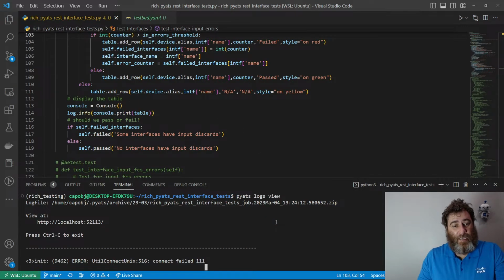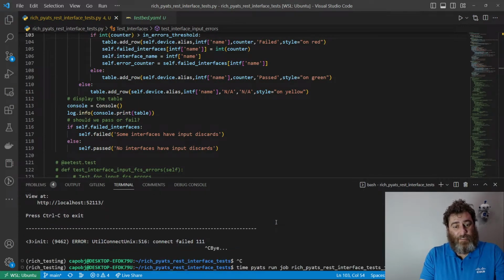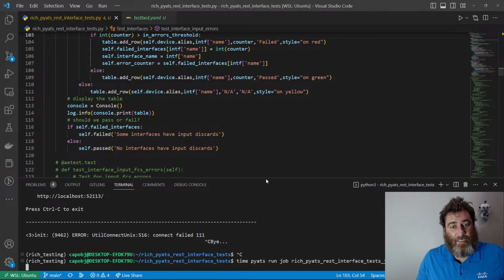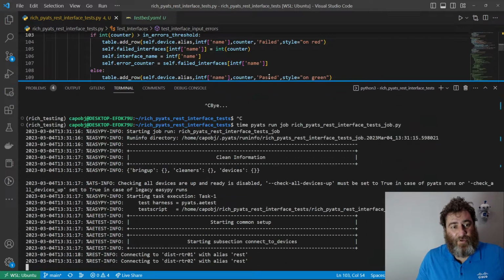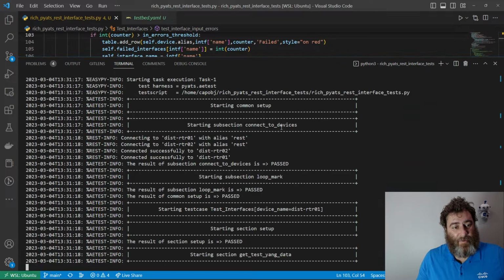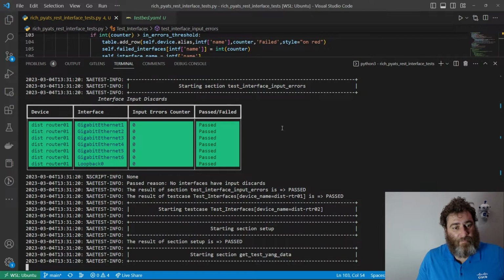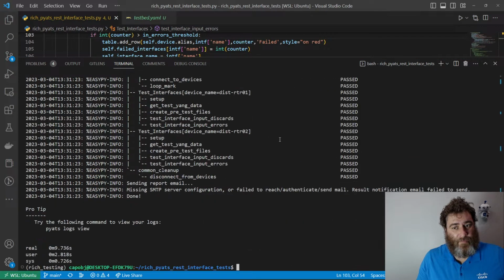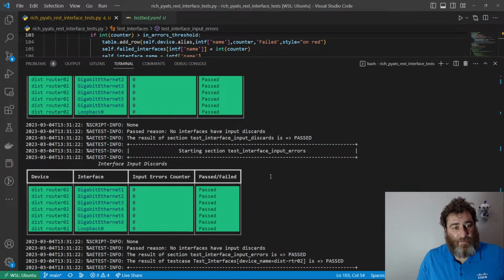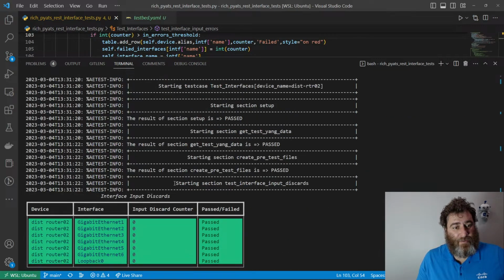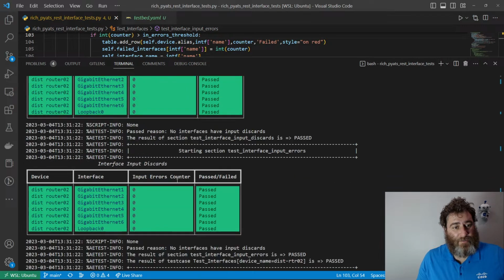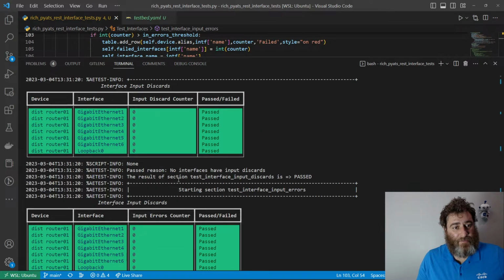So let's run the test and see if we have any. I'd like to see red mixed in with the green. I'd like to see some errors, to be honest with you. But everything passed. So now you can see there's no input errors and there's no input discards per device. And that's what I would do is